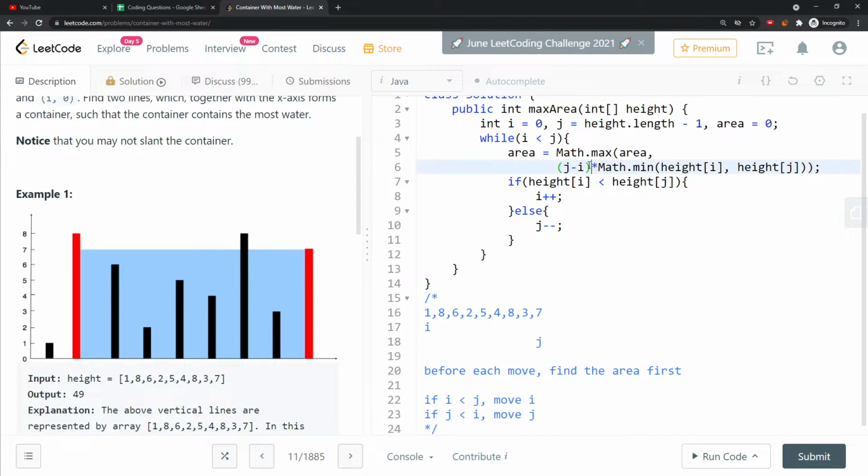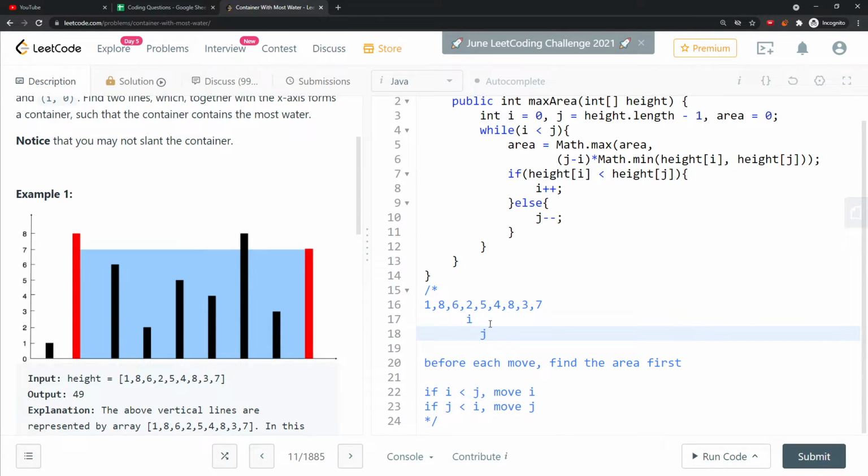It's not the absolute value, just j minus i, because j is always greater than i. The while condition is i less than j. There's a reason why I don't calculate when i is greater than j: at that position I already calculated the area. I don't need to calculate it again, since from i to j and j to i they are the same. So I just calculate the area when i is less than j,